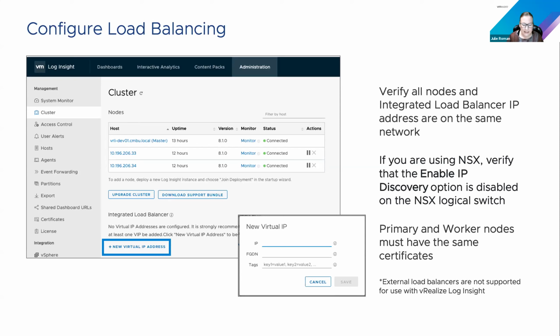So John is asking about the sizing calculator. It actually goes up to 8.4. I'll make sure that's updated. That was probably an older screenshot. But yes, it's valid for 8.4. Nothing has changed with sizing since 8.2.